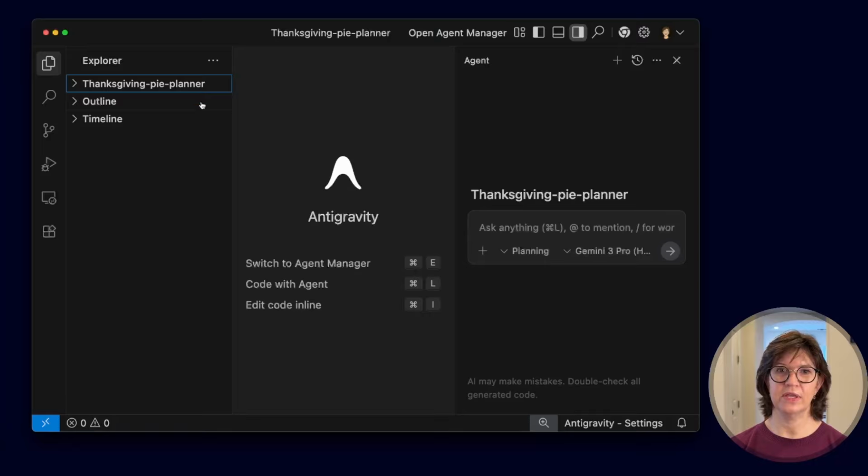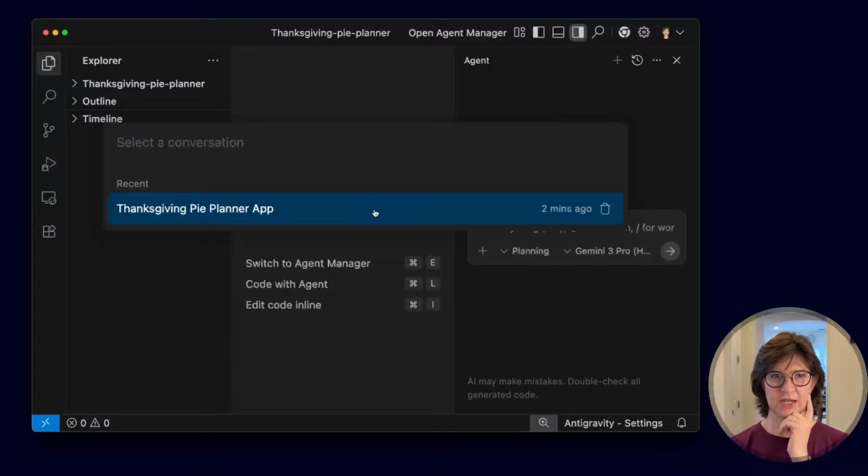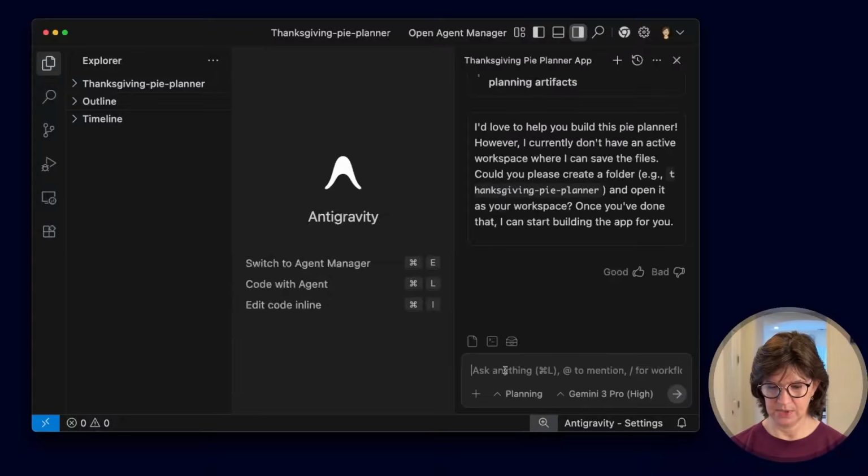Now we have the more traditional Cursor-looking IDE. We've got the file system over here, code with agent, edit code inline, so if you want to code yourself or switch to the agent manager. Thanksgiving pie planner. Everything that I just asked it to do, past conversations, yeah. So I guess I can now say